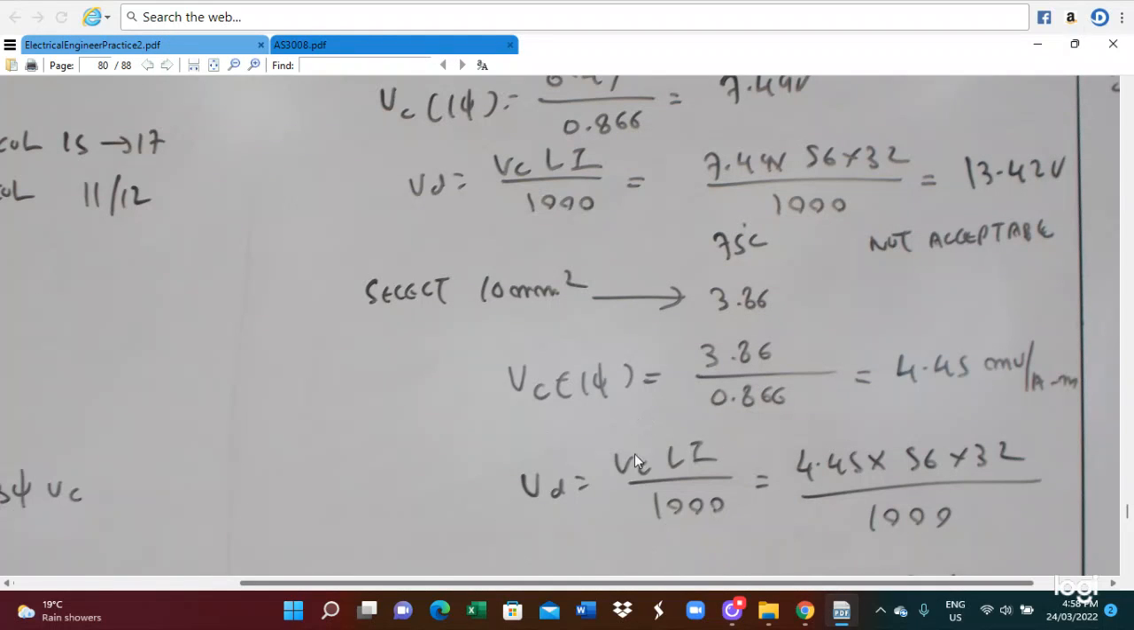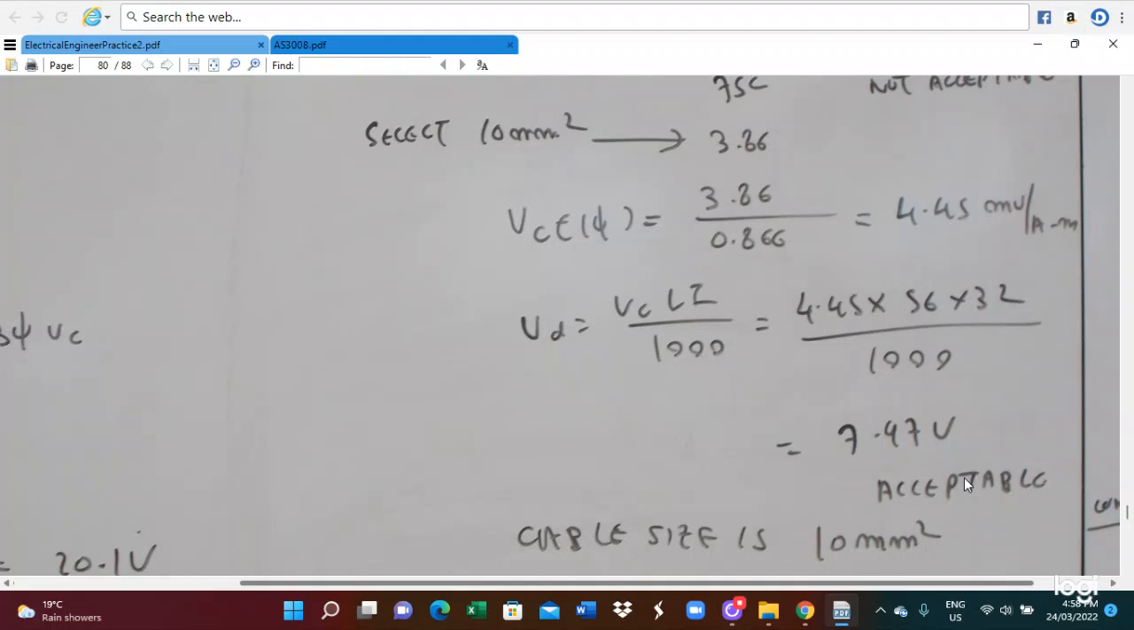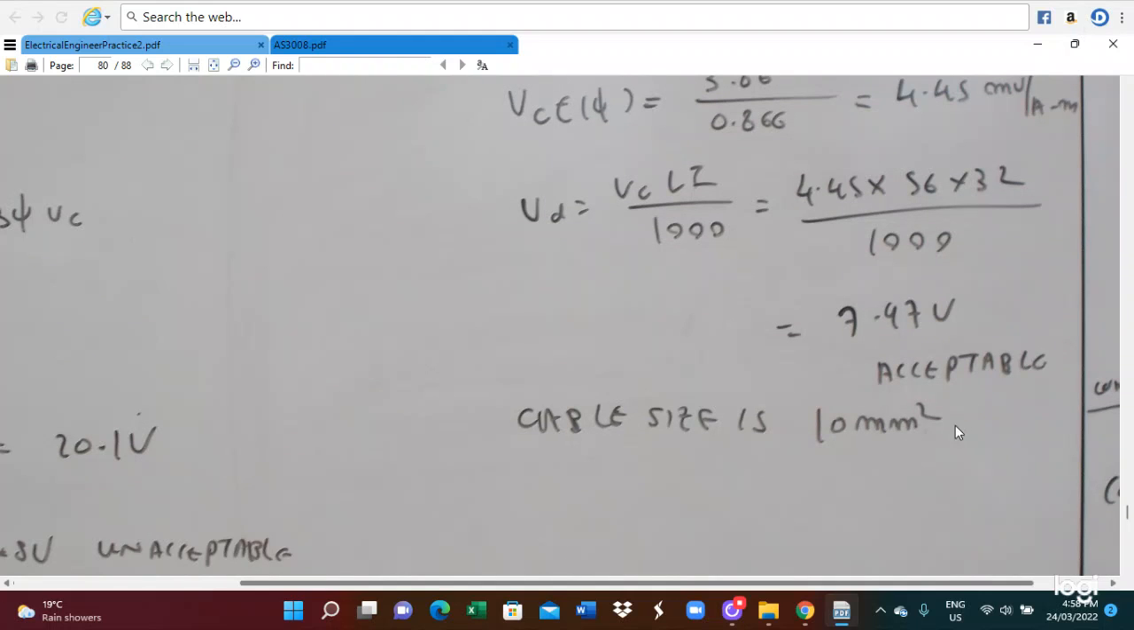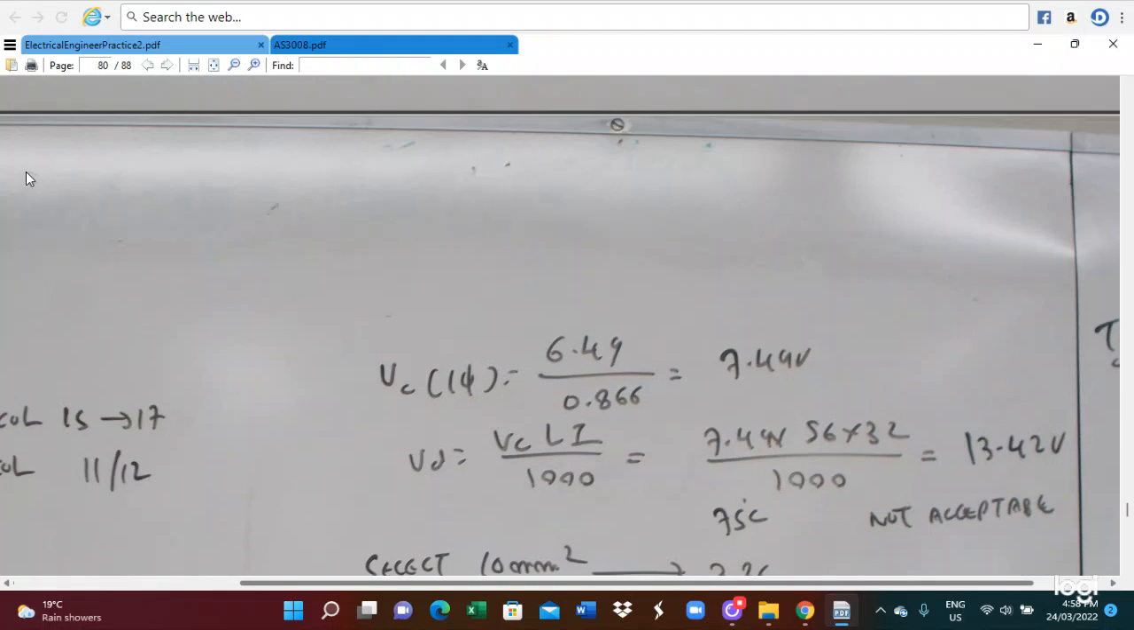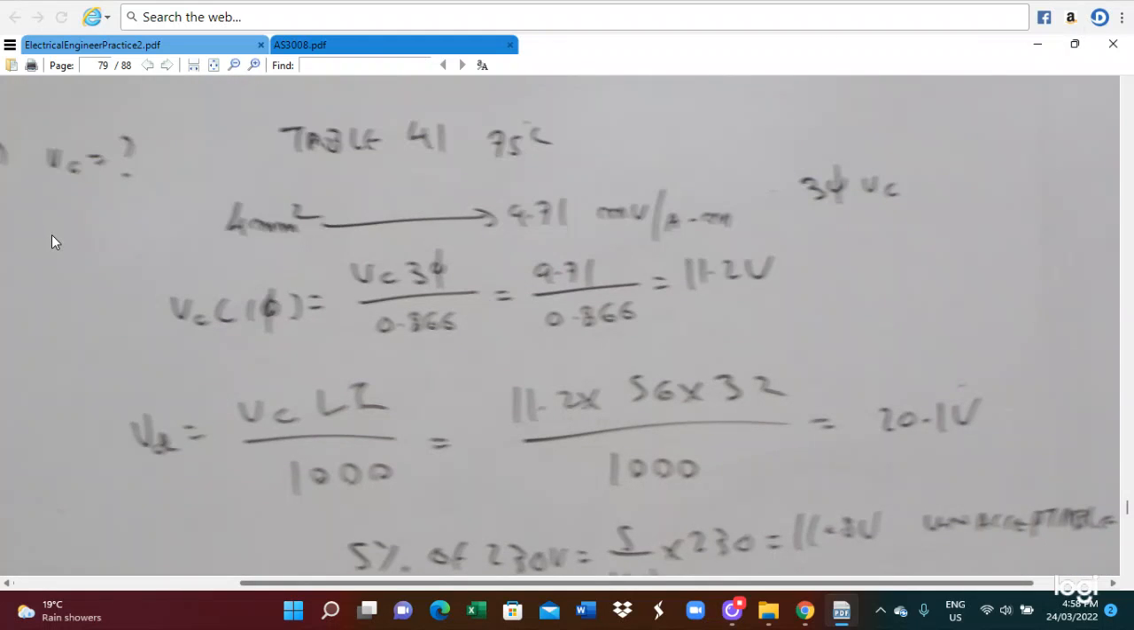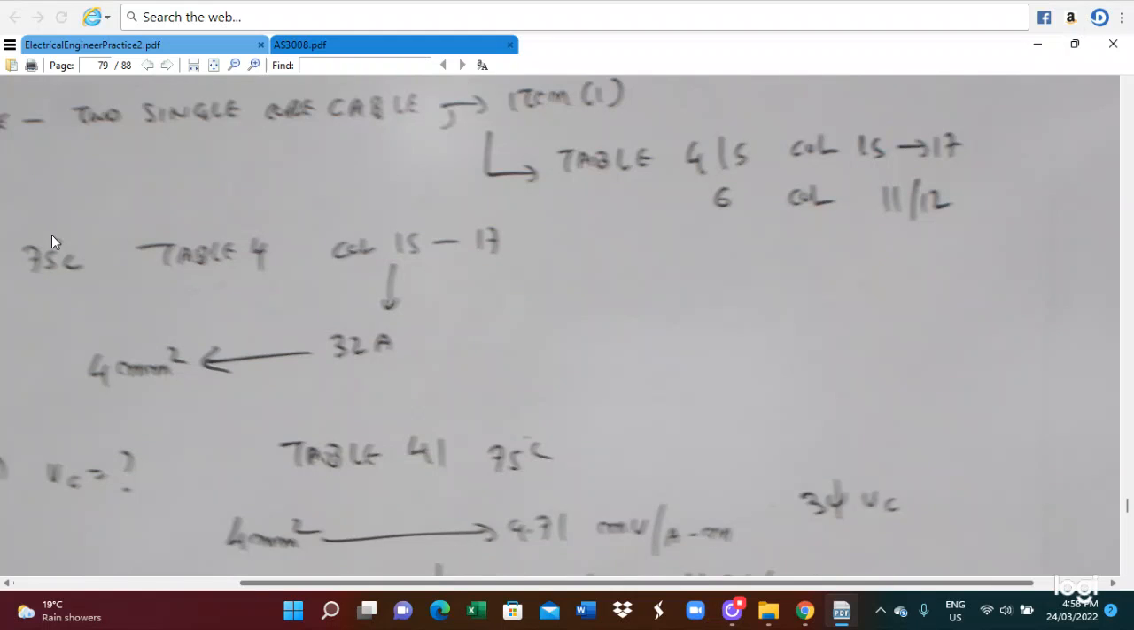VC by 1000 times 4.45 is the VC, PVC is 32 by 1000 times 7.49. So 7.497 volt is less than 5% of the supply voltage. So it is acceptable, so we select the 10 millimeter square cable. So in this problem, we select the cable by using the table 41 and tables